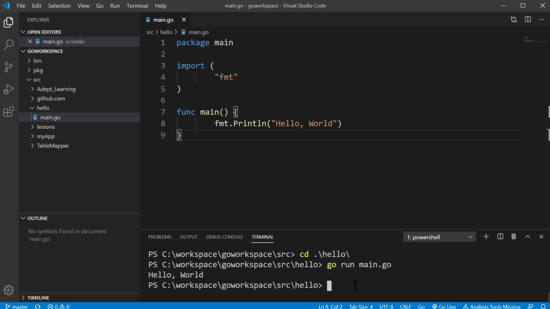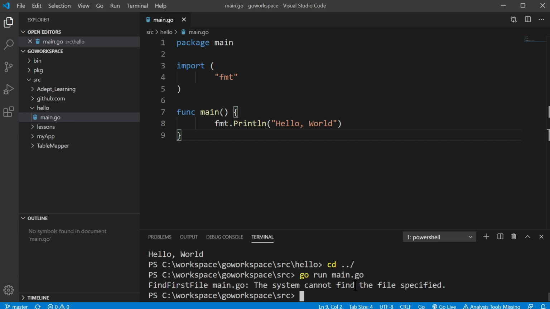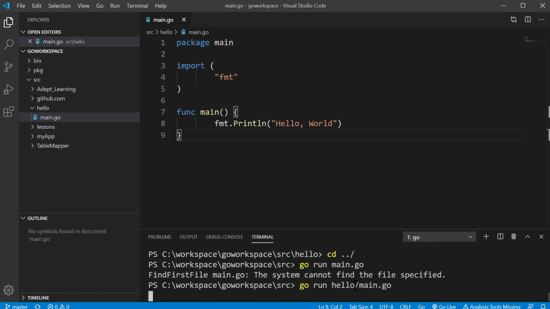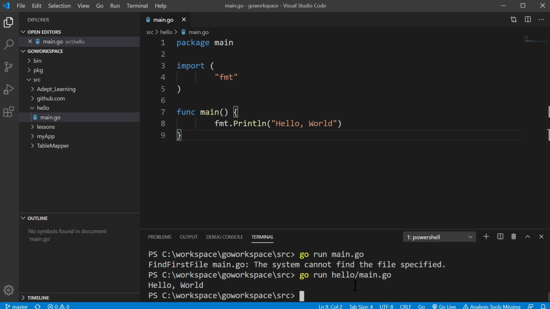So if I wasn't in the same directory, let's say if I go back one, that same command is not going to work because I'm not in that directory. I could create a relative path and that should run. But again, that's always, of course, relative to wherever you are